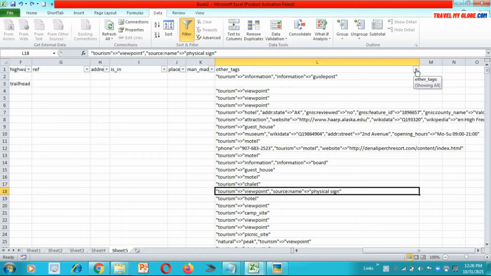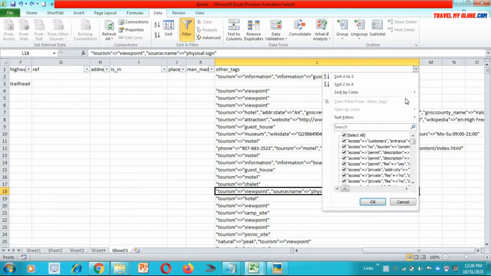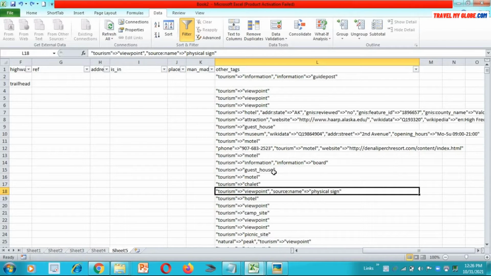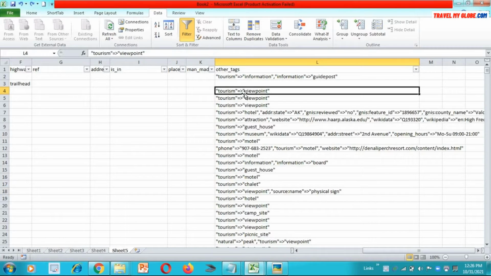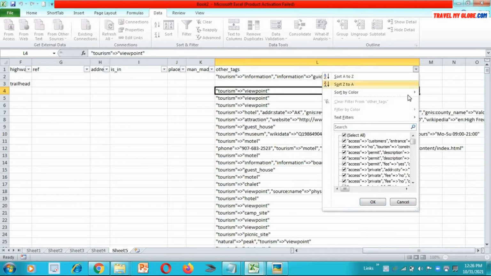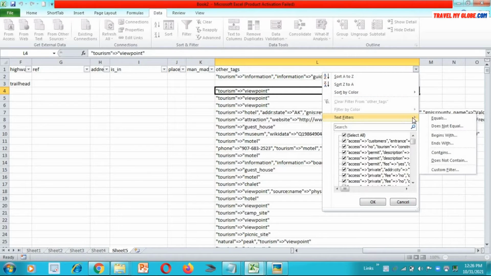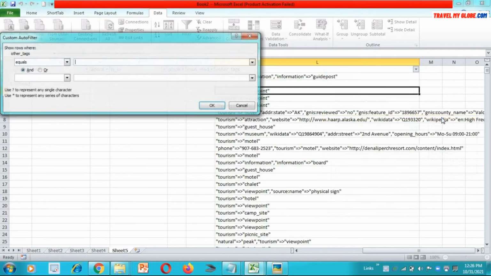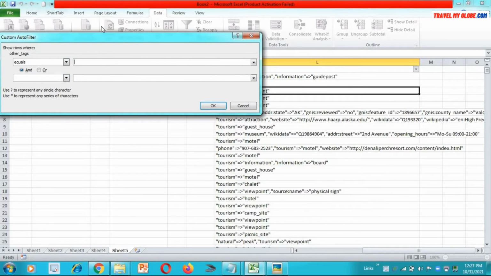You have to go to the drop-down arrow in this column, and first of all select what you want to search. Control C, and go to Text Filters. You will see a lot of options are available here. First we will try Equals. A dialog window will appear where it will ask which rows you want to show.